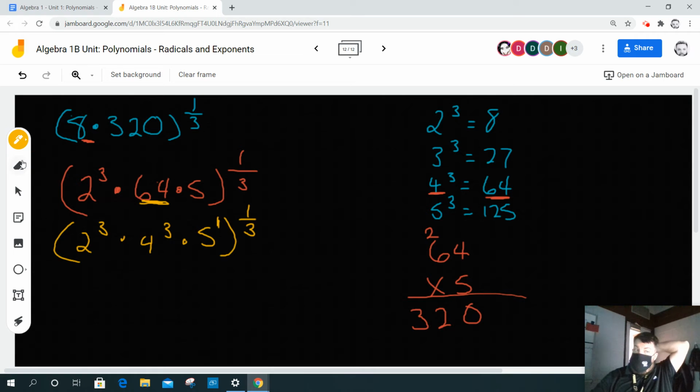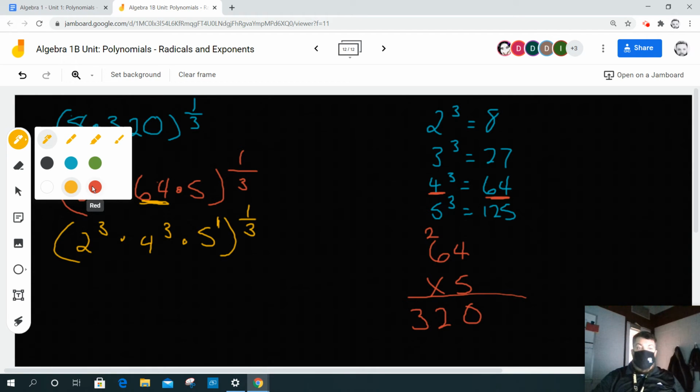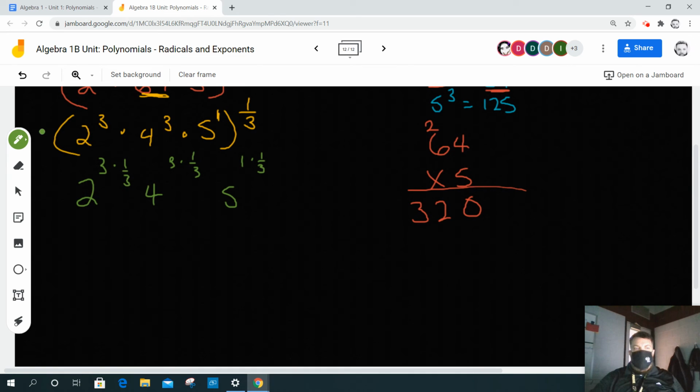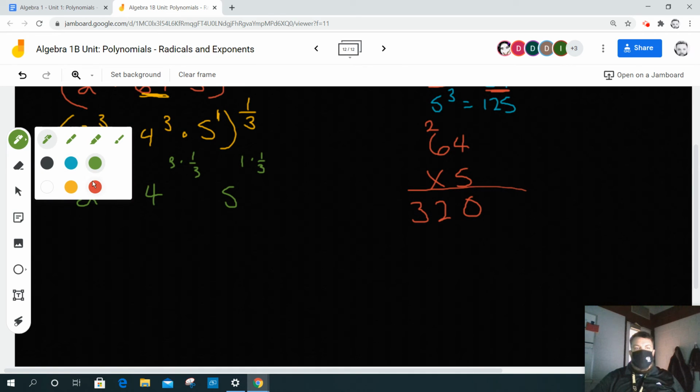So in this next line now, what I'm going to do is I'm going to multiply every power. In other words, 2 to the 3 times 1/3, 4 to the 3 times 1/3, and then 5 to the 1 times the 1/3, okay? I said it wrong, but I wrote it down right. So what that does then for me,